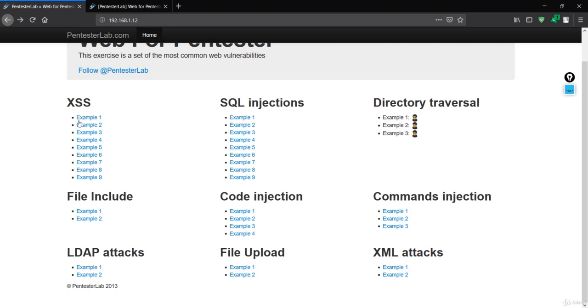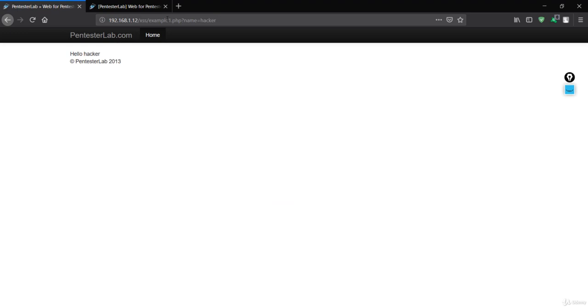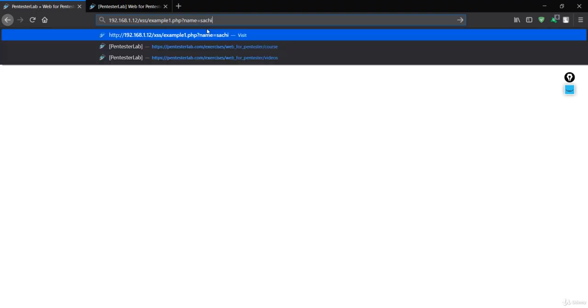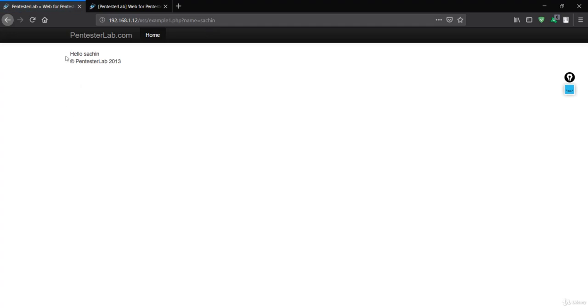Over here we have a bunch of exercises. You can see all the exercises we have already done, such as the XSS attack. You can go to this example in XSS, and you can see that in this field, because this is the parameter name, it has injected the hacker. If I just say Sachin, then it will say hello Sachin over here.